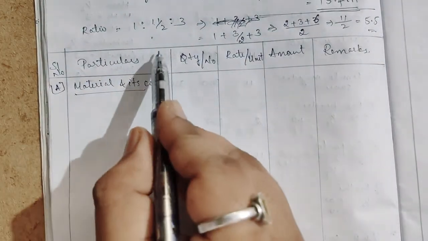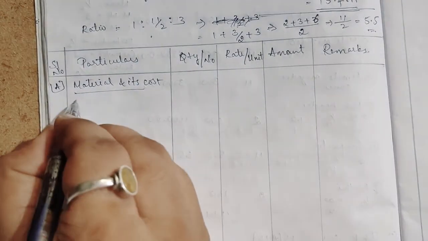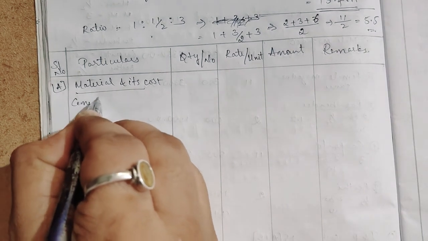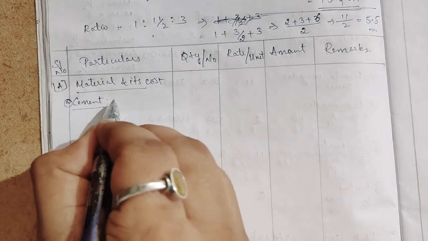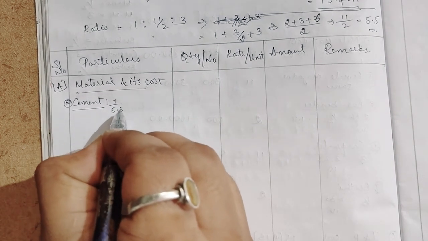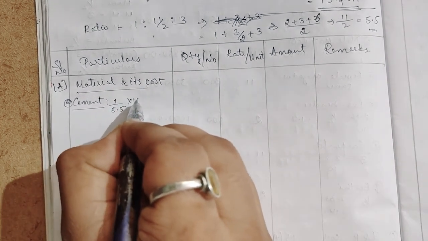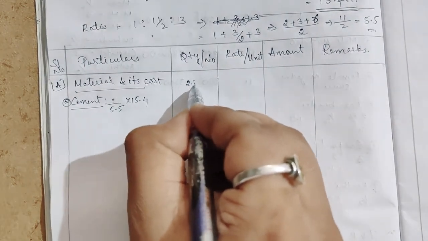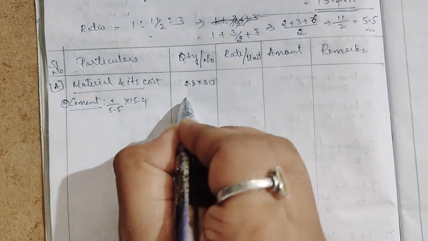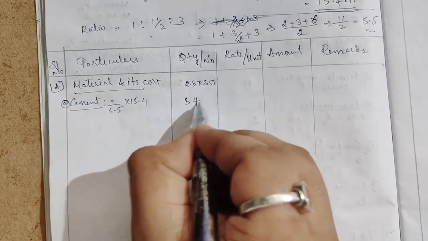So cement, fine aggregate, coarse aggregate ratio is here. So cement, it is 1 divided by 5.5 into 15.4. How much will I get? I will get 2.8 into 30,